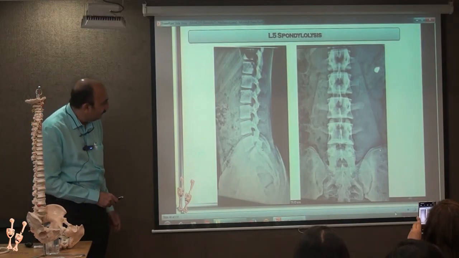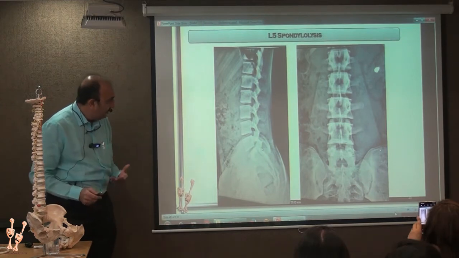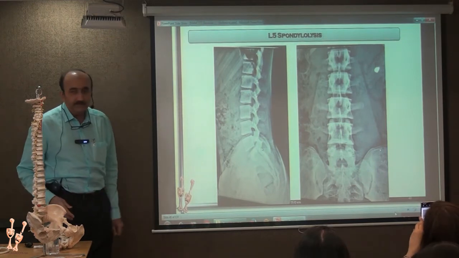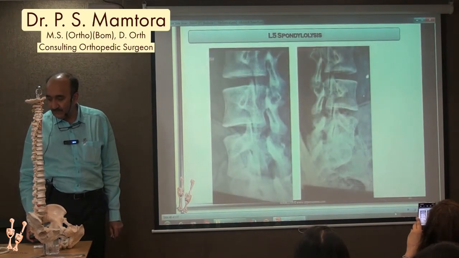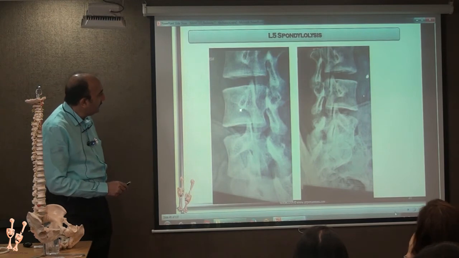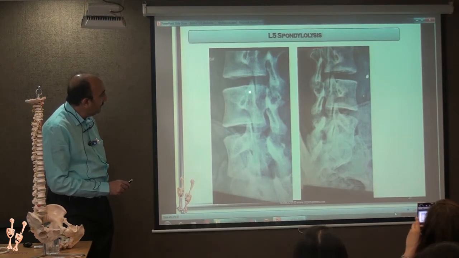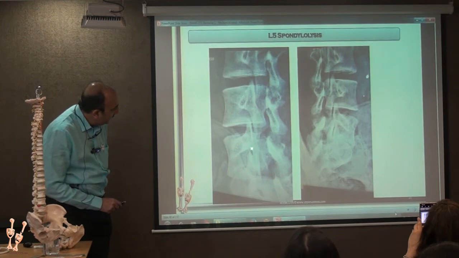Spondylolysis. There is a gap there. Maybe it won't be visible from there. Sorry, this is not a great X-ray. But you can see it better in this. What is known as a Scottie dog appearance. The snout, the eye, the ear, the neck, the forelimb, the body, the lower limb, the tail. You can see the neck being thinned out and stretched out.